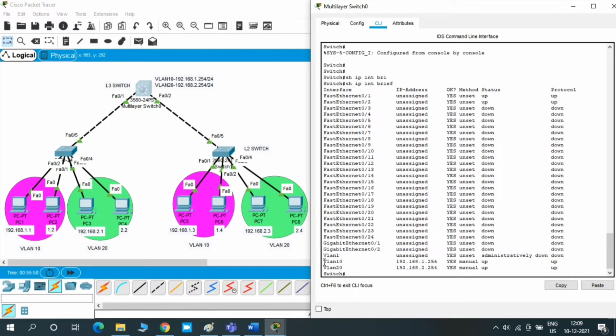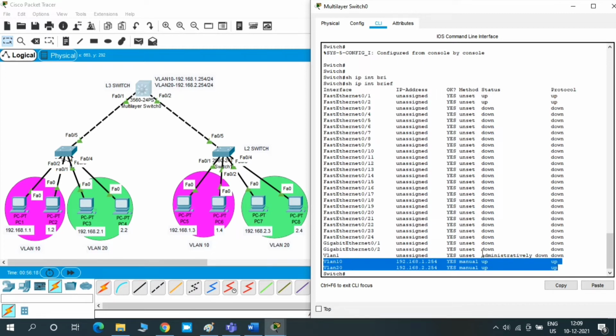Yeah, I can see 10 and 20 both showing up. It should not show. Why? Because we have allowed VLAN 10 only on the physical interface, but it's showing VLAN 20 protocol status as up also. On a real device you will get protocol status down for VLAN 20.